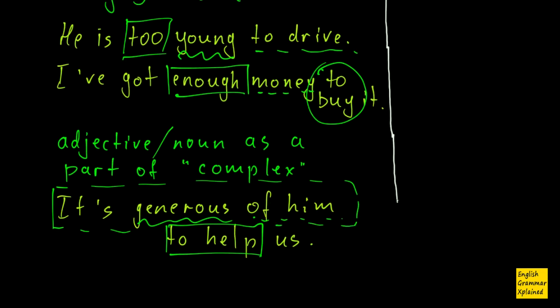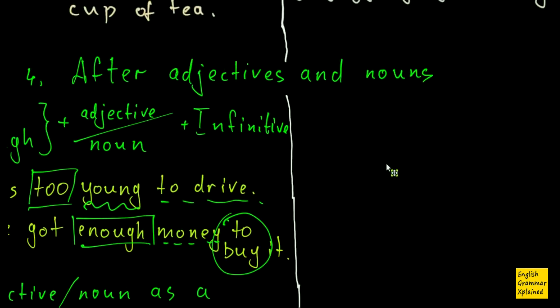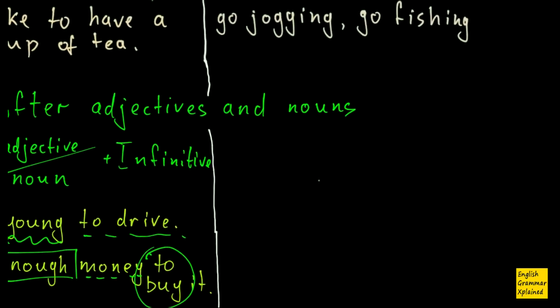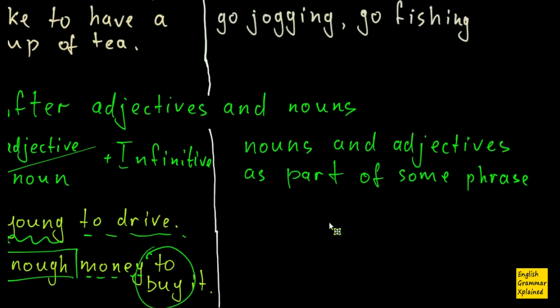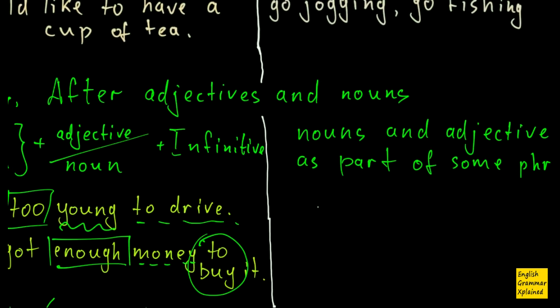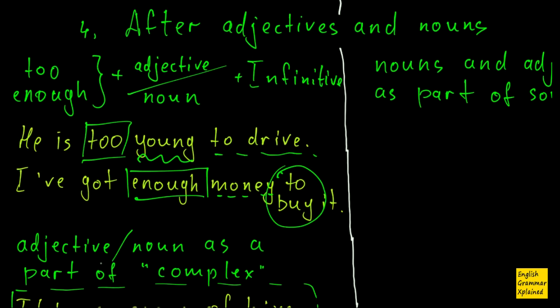Okay, enough with complexes. What about the ing form? What about gerunds? Can I use gerunds with adjectives and nouns? Of course I can, but there are some restrictions. I can use adjectives and nouns with gerunds, but they must be a part of some phrase. The difference between nouns and adjectives as part of some phrase and nouns and adjectives as part of some complex or just a part of my sentence